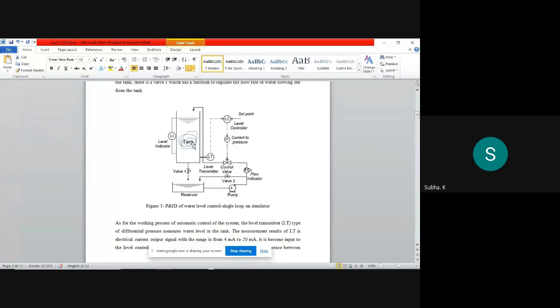Have you understood or not? Yes, ma'am. Only one yes, ma'am. Only one yes I am hearing. Shall I ask somebody to explain the process of height control inside the tank? Wait, let me ask somebody.